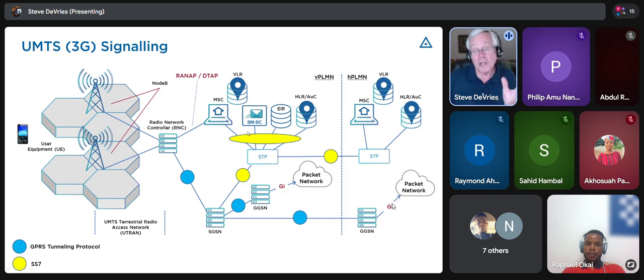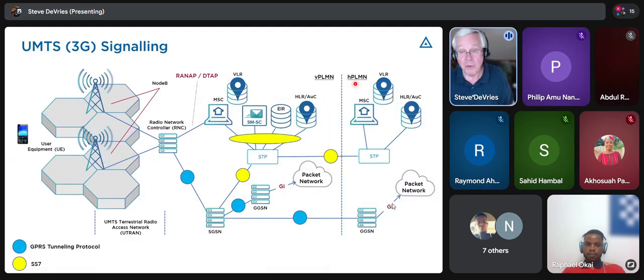So the primary signaling protocols were these. You had now two primary signaling protocols, just like you did in 2.5G. All the communication path on the mobile switch to all of its internal devices, SS7. One network would talk to another network for purposes of roaming over SS7. Remember, this is the device, this STP, signaling transfer point. This is the router. This is the device that routes SS7 messages.